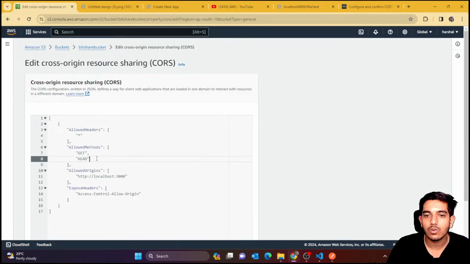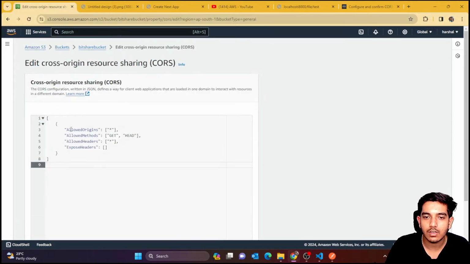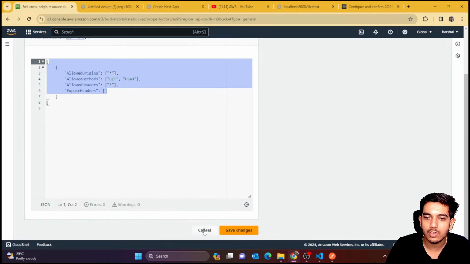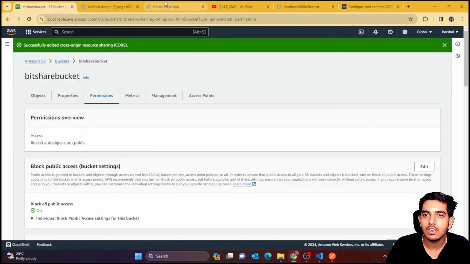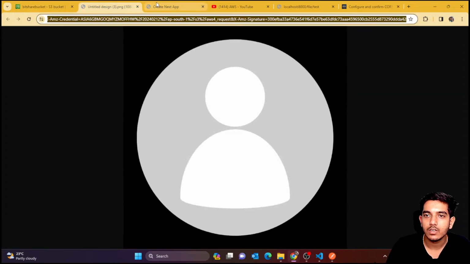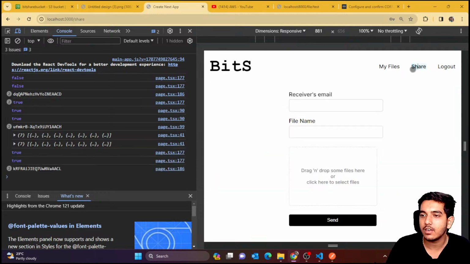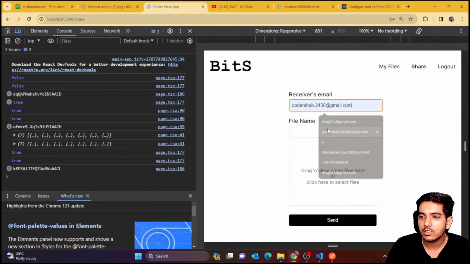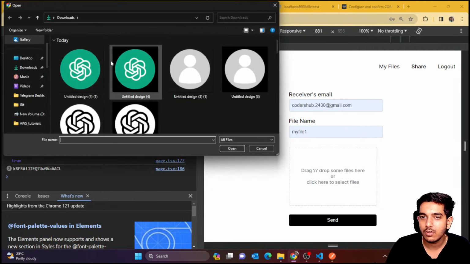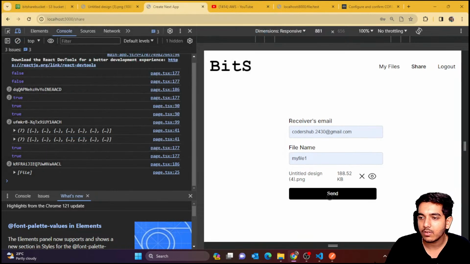I'll just edit this. Okay, I'll just paste this policy. Okay, so I'm just saying that allowed origins get head. I'm allowing everything. Okay, now if I click on save changes, now I think it must work. Okay, let's check again. So these policies, you have to check the policies, then it would work again. So let's choose the file, and now if I click on send,